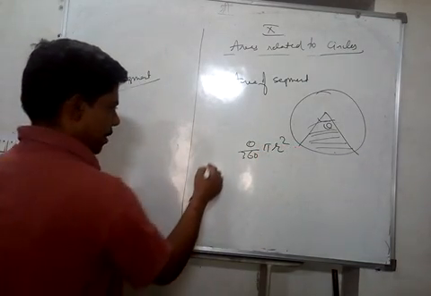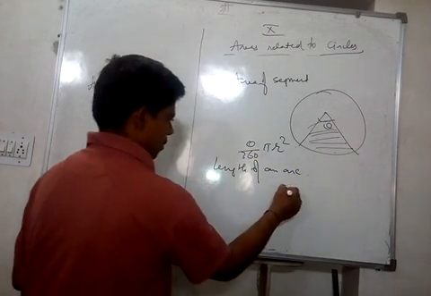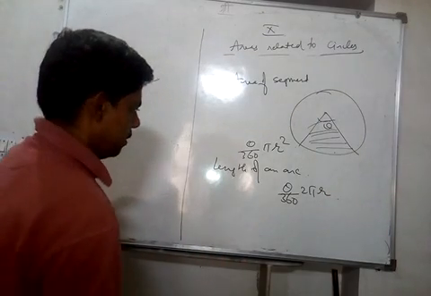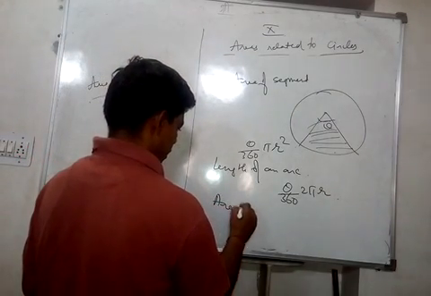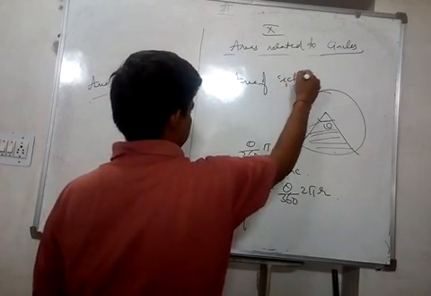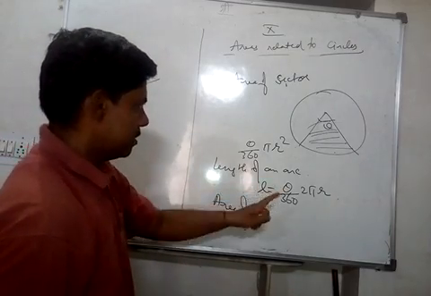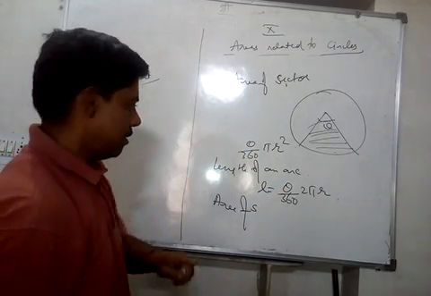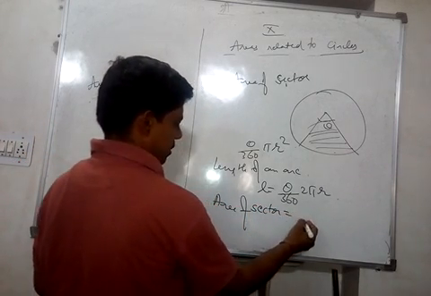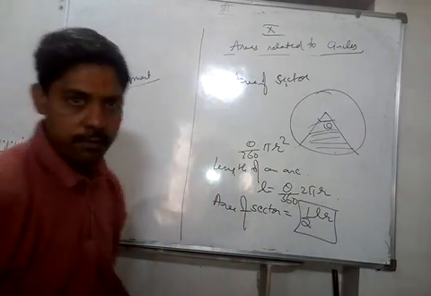Okay, and we got length of an arc. Length of an arc is equal to theta upon 360 2 pi r. Okay, and area of segment in terms of length of an arc, this is area of sector. This is not area of segment, it is area of sector. Segment we will find. Area of sector is theta upon 360 pi r square. Area of sector in terms of length of an arc is half L into R. Right, so these three formulas we have done.